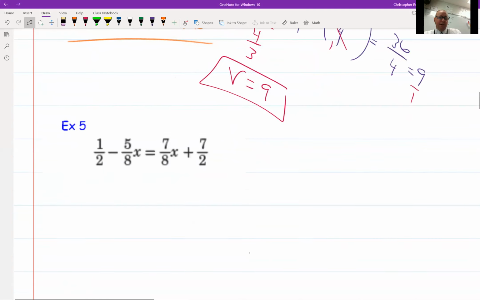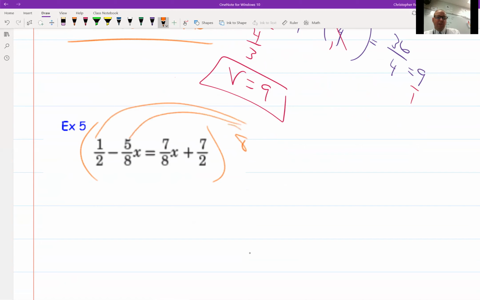All right, your other option, okay, so notice here that all of my denominators are 8 and 8 for the x's, so we can continue the same way we did before in 2 and 2 here. Or if I want to eliminate all the fractions, which some kids are really big fans of, let's just multiply the whole thing by what your common denominator would be. If I had 8 and 2, common denominator would be 8. So I'm going to distribute that the whole way through because I want this to be a strategy that you're